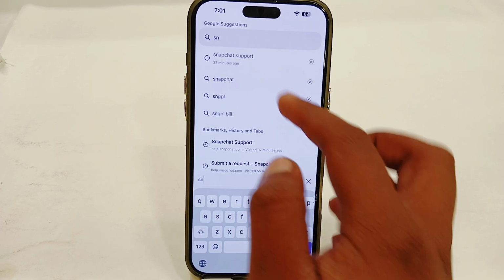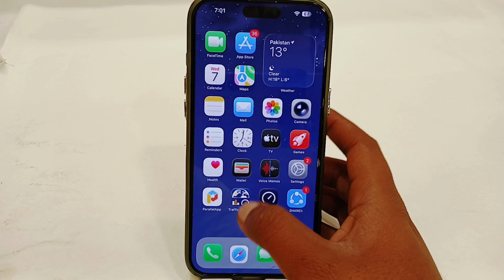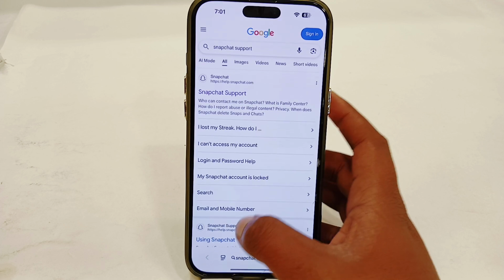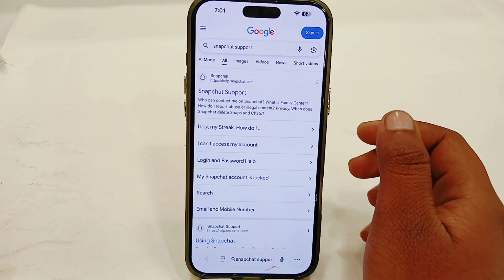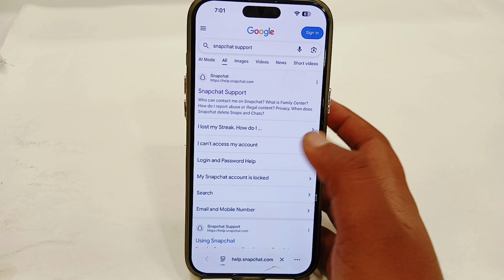Snapchat support. But before you continue, you just have to go back and make sure that you have a stable and strongest network connection. You also have to check if you're connected to any VPN, and try to disconnect from that. After disconnecting your VPN, just tap on the first website from here,